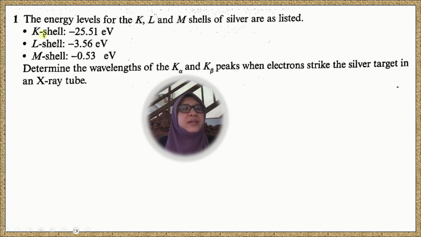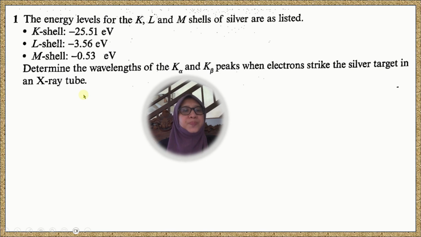Question 1. The energy levels for the K, L and M shells of silver are as listed. K shell, the energy is negative 25.51 electron volt. L shell, negative 3.56 electron volt. M shell, negative 0.53 electron volt. Determine the wavelengths of the K alpha and K beta peaks when electrons strike the silver target in an